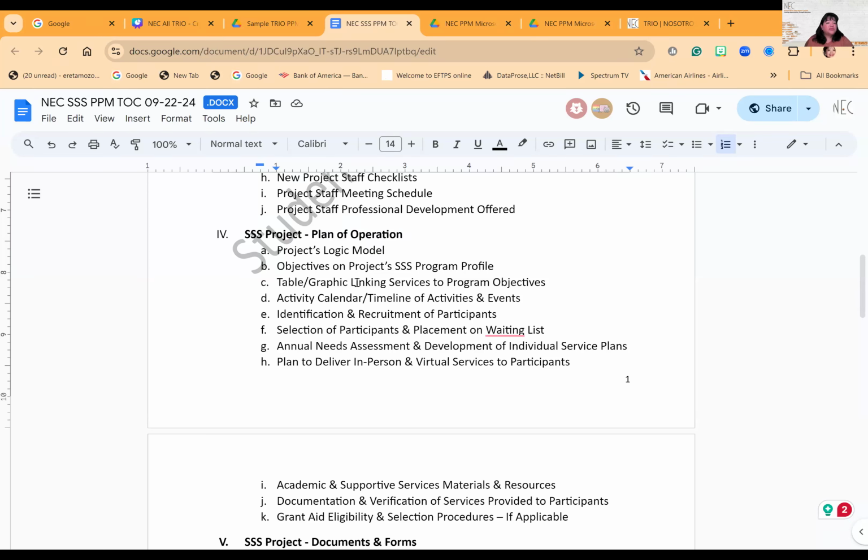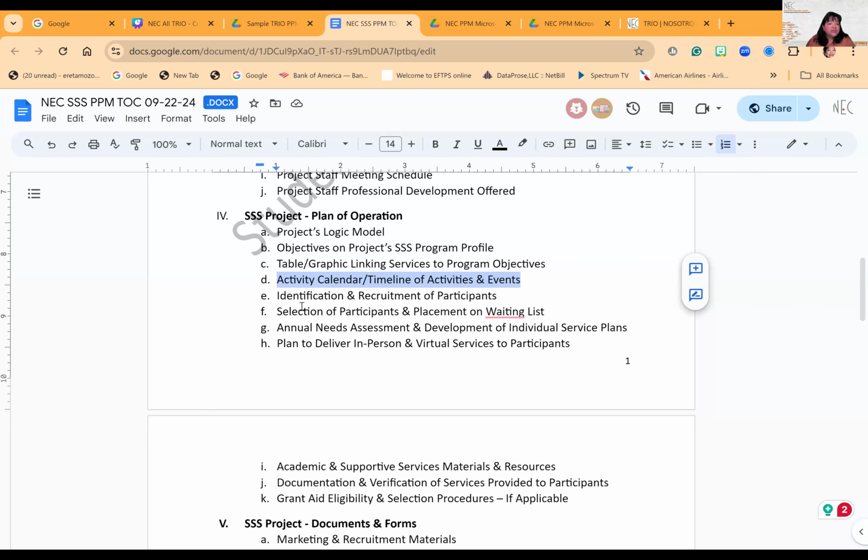Copy and paste the table. Everyone in the plan of operation had a table where they said these are the objectives and these are the services. So you can copy and paste that rather than recreate it, or you can use Canva to make it look fancier or better. What about your timeline of activities and events? You may have one for every year. What is your plan to identify, recruit, and select participants? These two things, again, can initially come from your proposal, which provides you at best an outline, but this is where you could start with that language and then add to it.